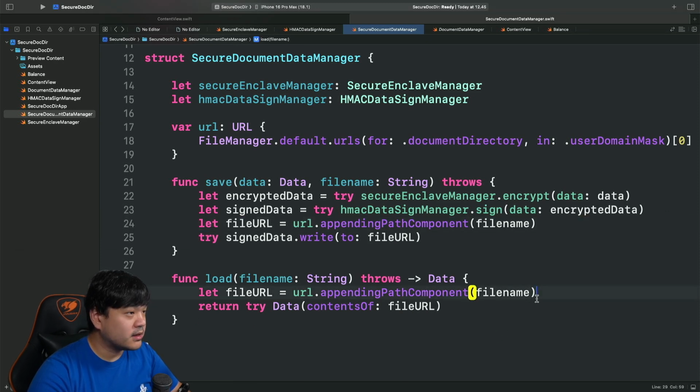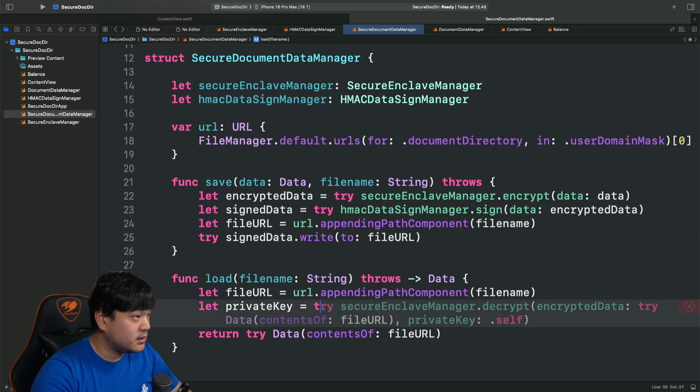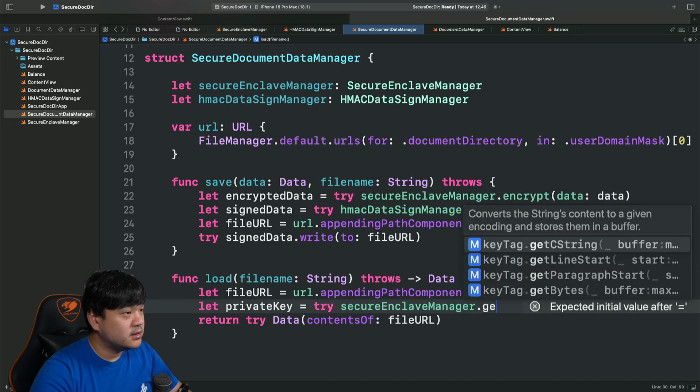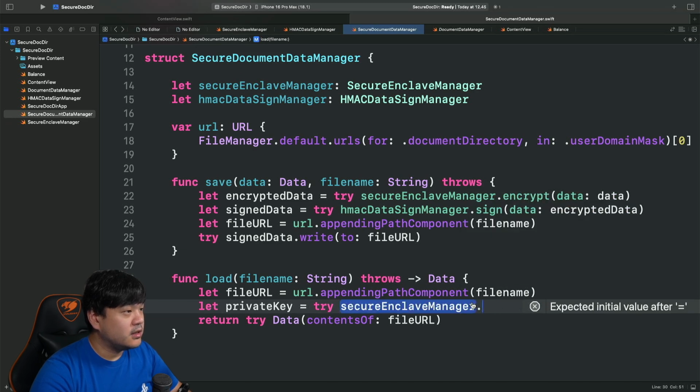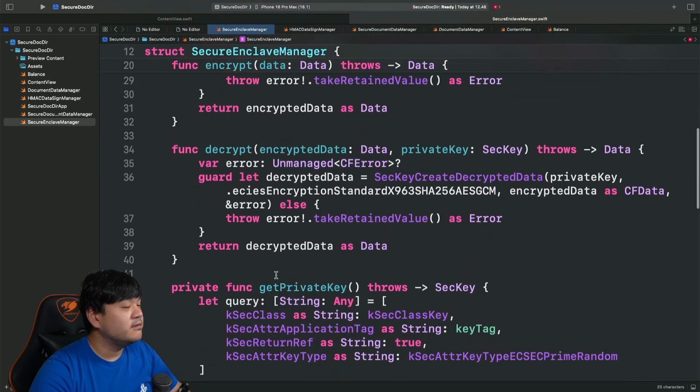And now for the load method. For the load method, let's get the private key. Here we can use secureEnclaveManager. I think the private key here should not be private, so let's make this just internal.